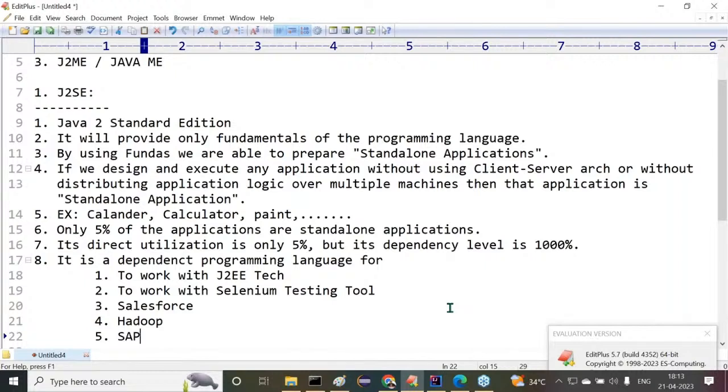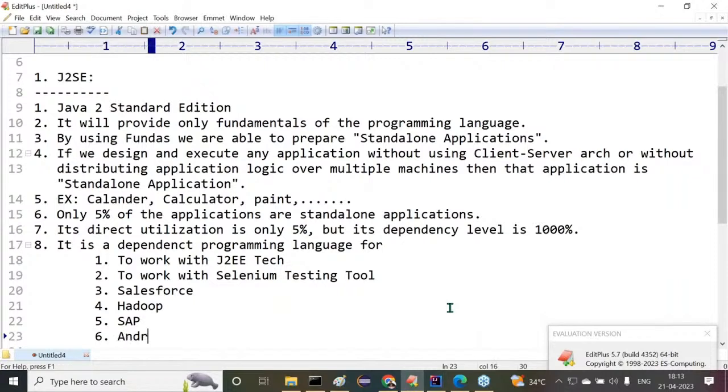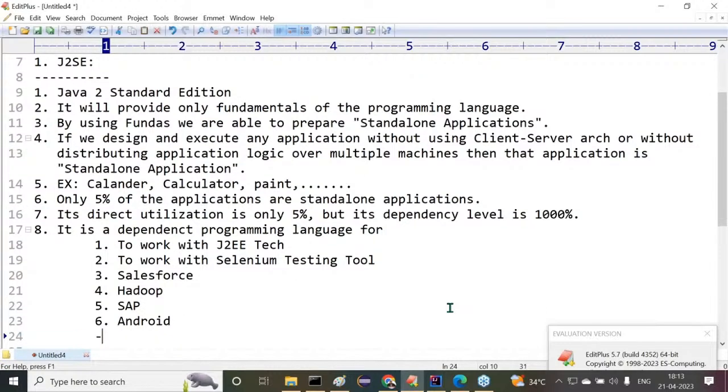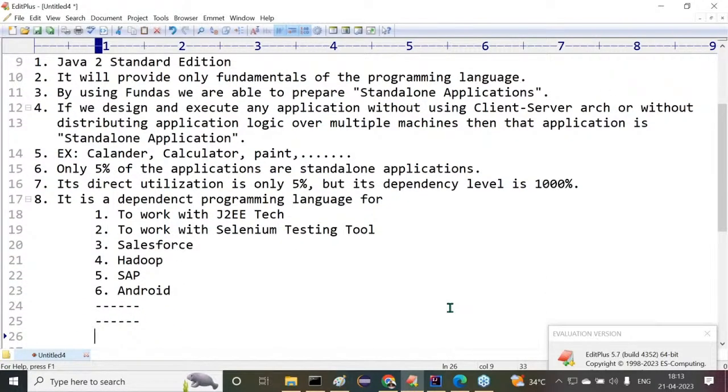Not only that, if you want to work with the Android mobile application development platform, then definitely we require the J2SE part, and so on and so on. So many. I have only given a list of some of the products. Almost 90% of software products nowadays depend on J2SE. But J2SE direct utilization is only 5%, while its dependency level is 1000% because of all these things. If you want to learn Salesforce, if you want to learn Selenium testing, or